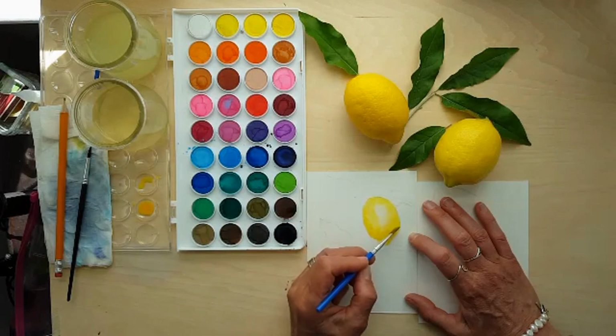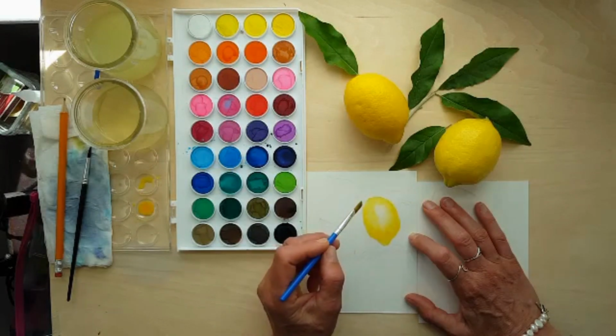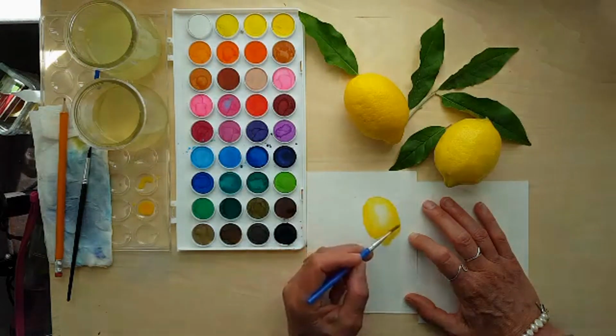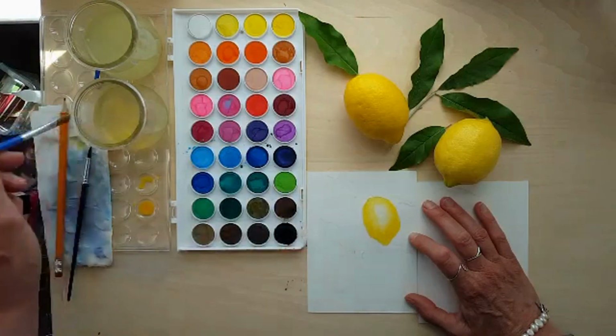Get that little bit of texture that the lemon has. Little dimples on the surface. You can capture that with the watercolor very nicely. And it's a little bit lighter